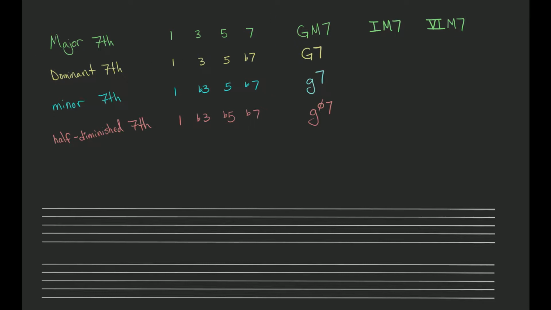For a dominant 7, I think you can guess where this is going, but if you had 1, it would just be 1 7 like this, or 6 7 like this. Okay, for a minor 7th, you simply write a lowercase numeral and a 7 just like this. So you would write lowercase 6 and a 7, and then finally, or let's do that in the right color. That looks incorrect if it's the wrong color, right? So minor 1 7 and then minor 6 7. So this is your minor 7 on 1, minor 7 on 6, and finally you have your